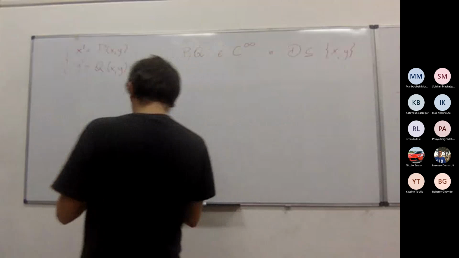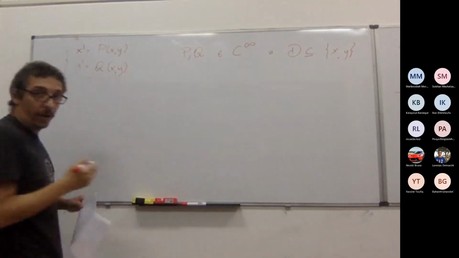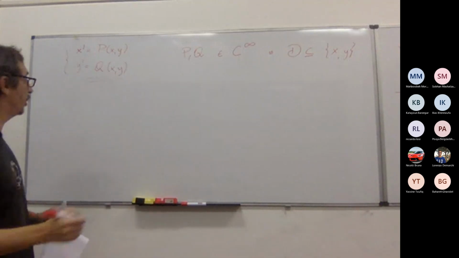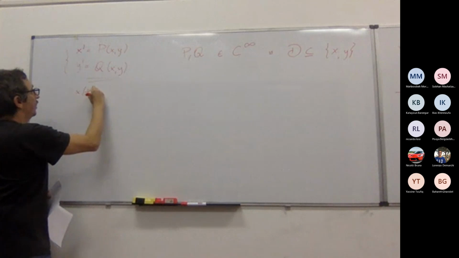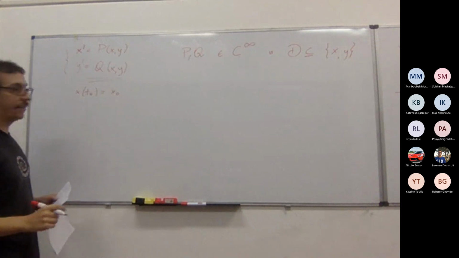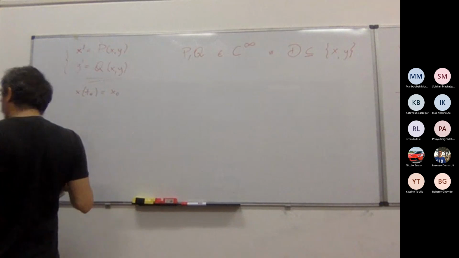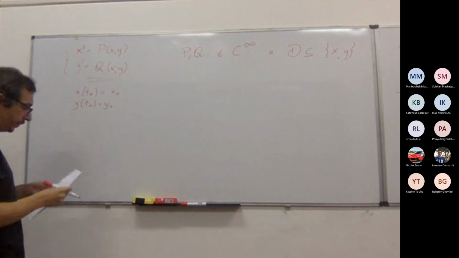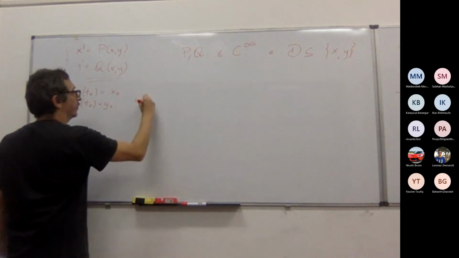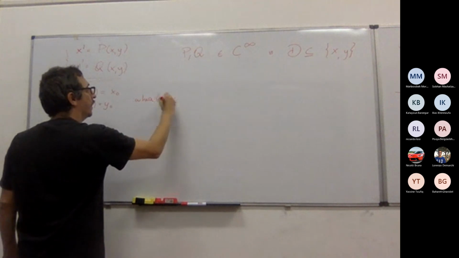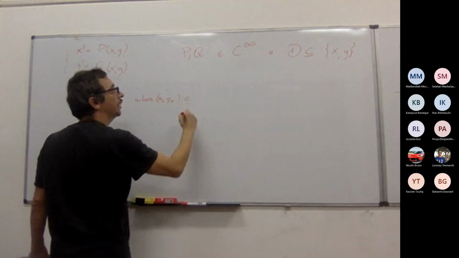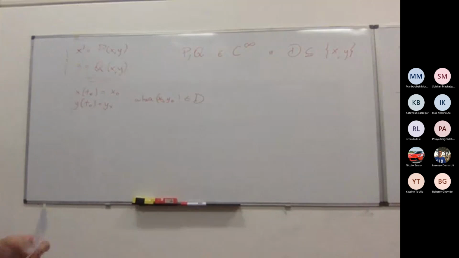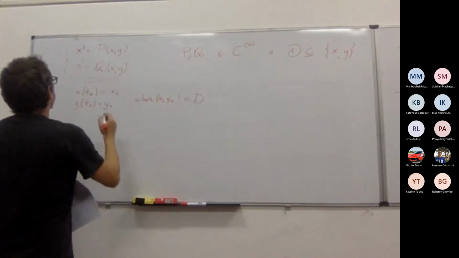It means that if I'm considering the problem of solving this system with certain initial conditions, x of t naught equal to x naught, and y of t naught equal to y naught, where x naught and y naught belong to the domain D, then there exists a unique solution that I can write as